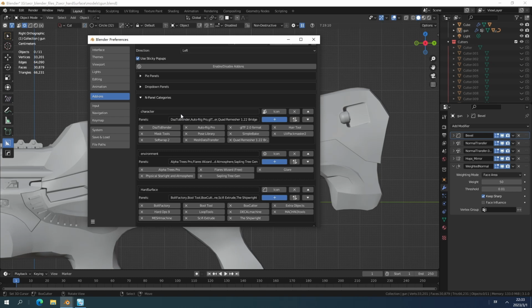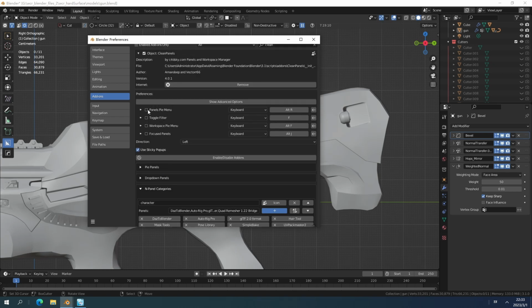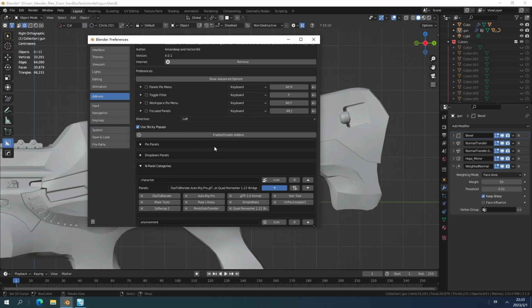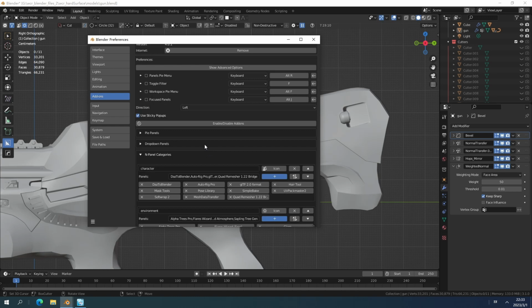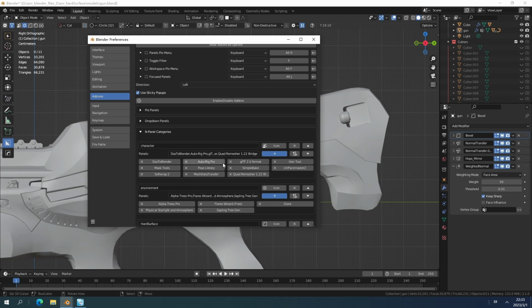So I just unchecked those panels, pie menus, or toggle filters, but I only want to check the panel categories. So you can check the use sticky pop-ups, and